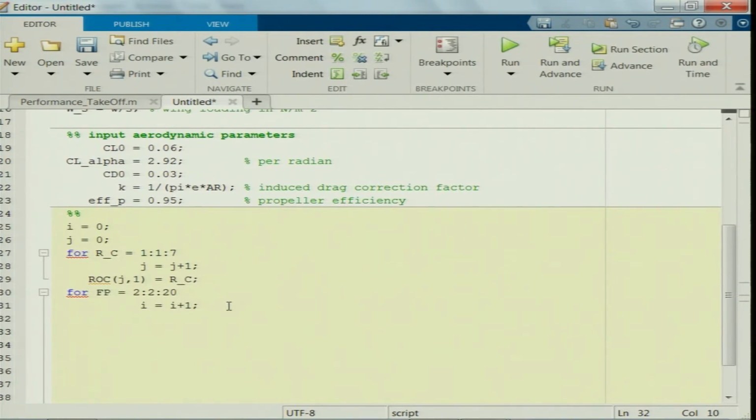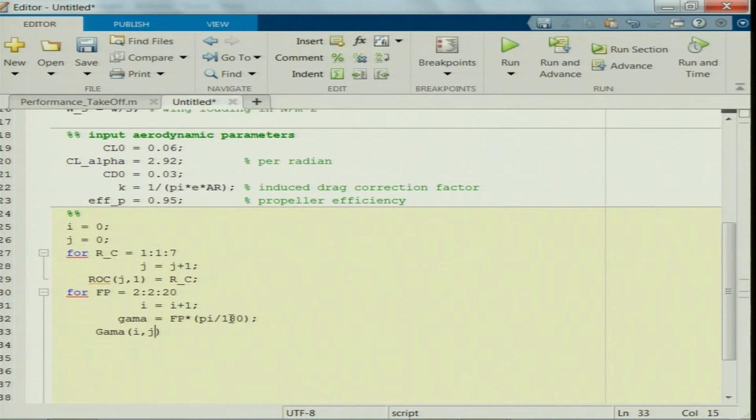And then I would like to convert gamma to radians, because MATLAB understands radians. So, the flight path angle, which is in degrees, is converted to radians by multiplying it by pi by 180. Now, I would like to store these values of gamma as well during the iterative process, as i comma j.